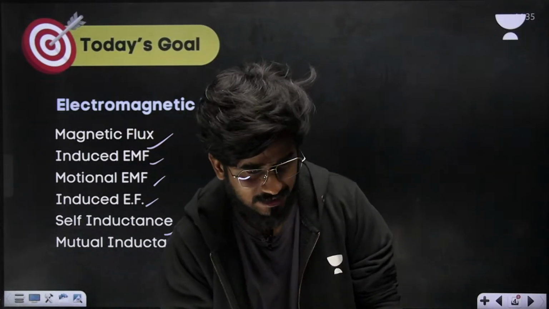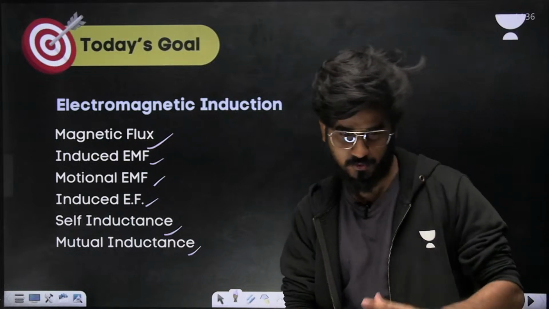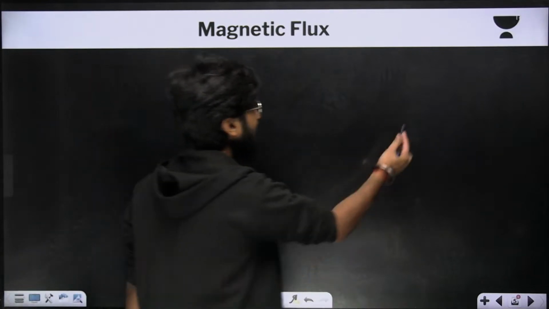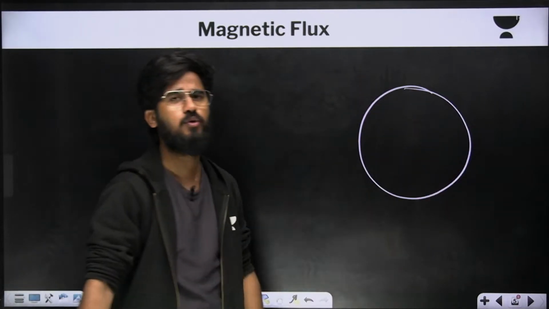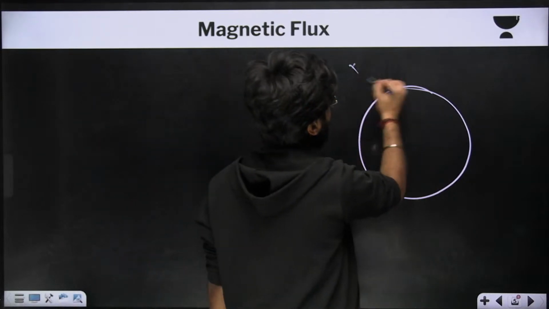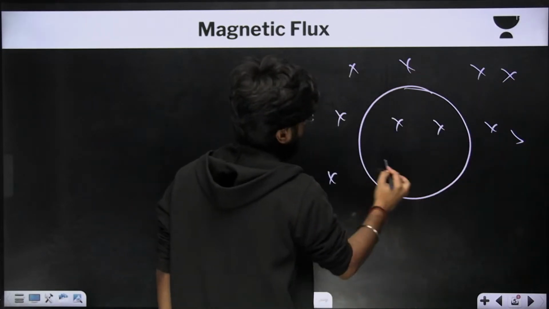So let us start with magnetic flux. What is magnetic flux? First of all, if we have a loop, circular or rectangular, whatever it is, and it is kept in a magnetic field, then